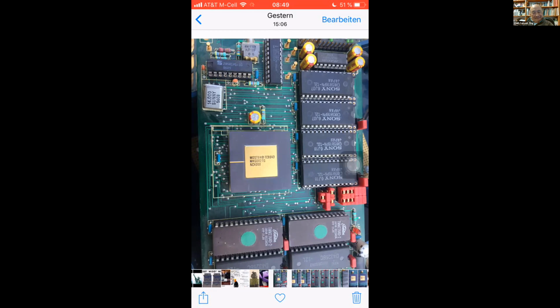There was an outfit there that marketed these things, and they came out with a single board computer. Anyway, we have the CPU